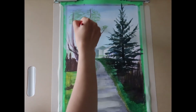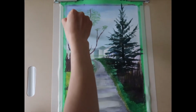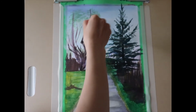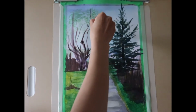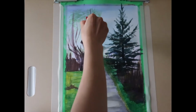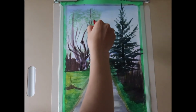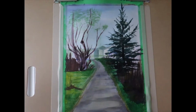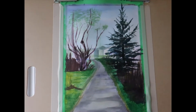However, for painting the trees, as you see, I'm using my flat brush again, and I have mixed my very light green color, mixing yellow and phthalo blue, and I'm using the brush as sort of like a stamp. It's actually like a stamp tool in Photoshop, if you've ever used Photoshop. So I'm just making some very light touches to get that form, or again, I'm kind of imitating the form of the leaves instead of painting each leaf, which I don't think is possible, because you probably won't see each leaf, but you can create how the leaves on the tree look